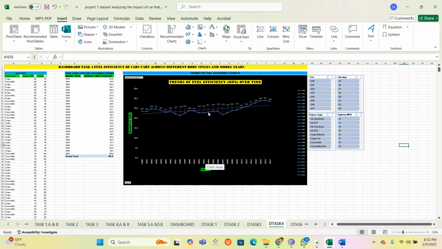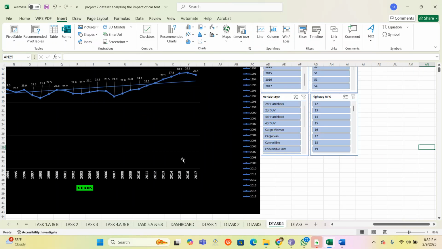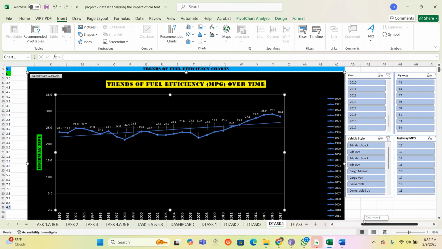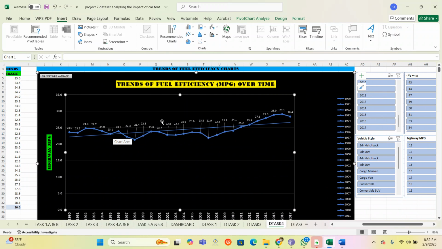So this is the line chart, mainly showing MSRP, mileage and fuel efficiency mileage over time. This is given. For easy viewing I just enlarged it. See, 23, 24, 28 to 25, like that it is going, and it moves based on year. And I have given slicers, various filters here,